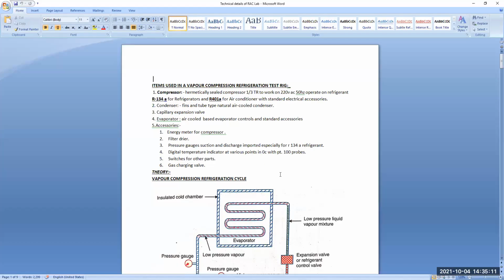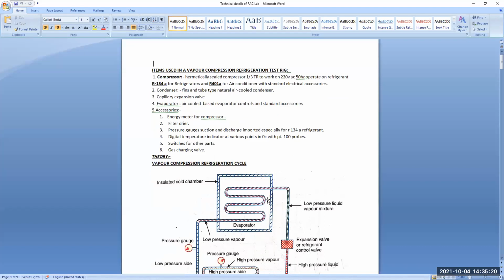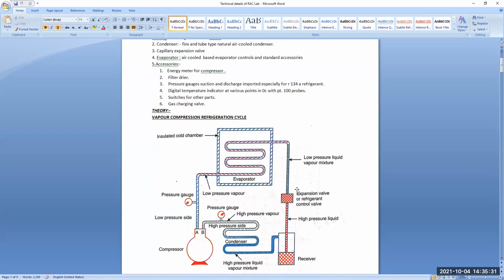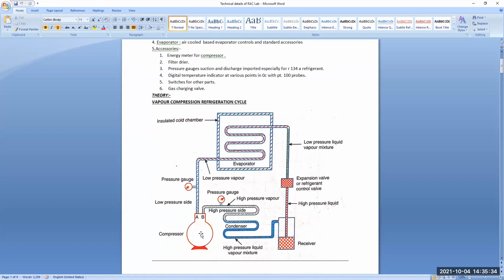Just to start with, I have shown one of the refrigerator rig itself. What is shown here is the insulated cold chamber or evaporator, where you have seen that at the last there is a pool of water of square shape, which we are supposed to cool by this refrigeration system. Next, I have shown you the heart of the system, that is the compressor, which we have called a hermetically sealed compressor. Next, there is no such receiver side item here, but we have shown the capillary valve or expansion valve. And lastly, I have shown you the condenser itself.